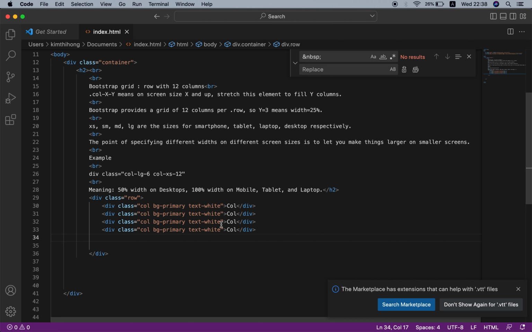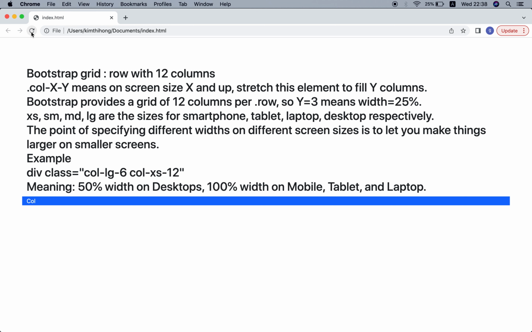And each column should have a different background color, maybe success, and primary and success, different background color. Okay, now you see in the screen you have 4 columns equally in width,